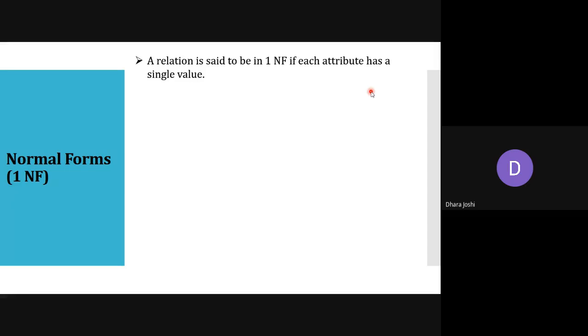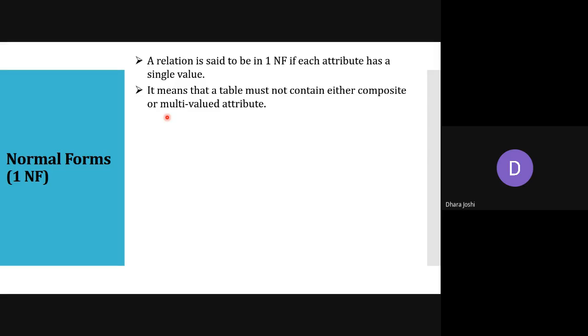It means that a table must not contain either composite or multi-valued attributes. Sometimes when you are filling a form in Excel, you need to fill the data. Sometimes first name is written in one cell, after that middle name, after that last name. So if I am just selecting the first name, that means from the entire class, I am getting the first name for all the students.